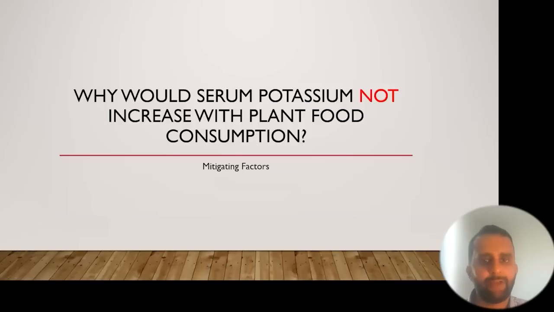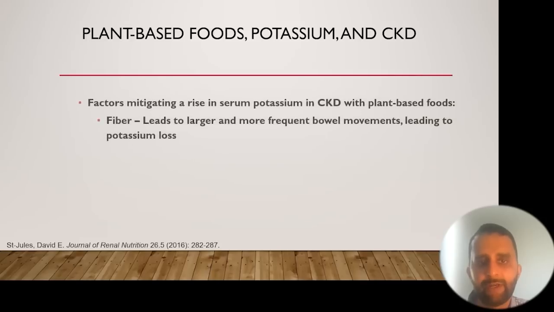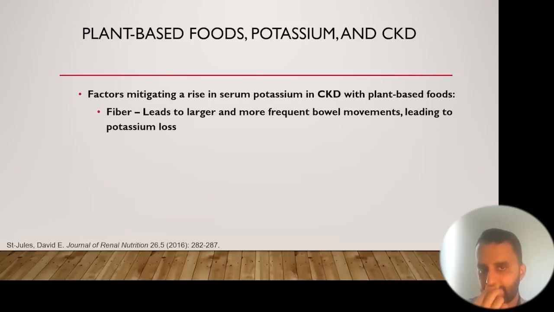So then the question is, how do we explain this? Why would serum potassium not increase with plant food consumption? And this leads us to potential mitigating factors. This is the fun and exciting part about plant-based diets and kidney disease, is that there are perhaps some other aspects to plant foods that are beneficial